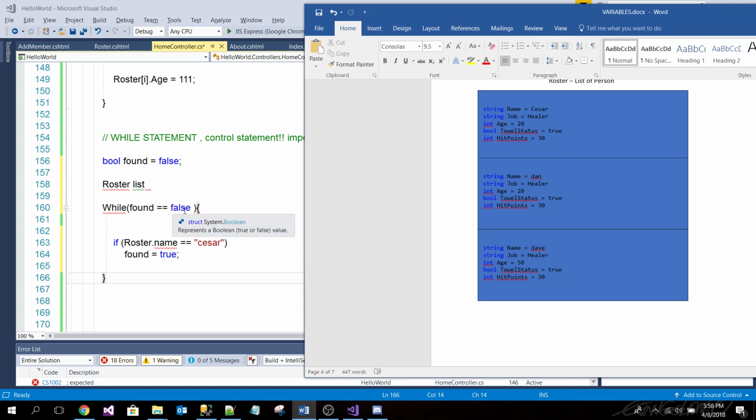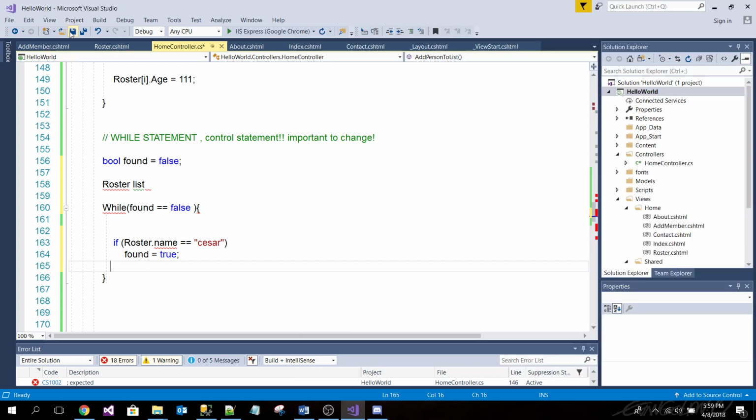I mean, is false equals false? No. So we break, because we found what we were looking for here. So it's a tricksy example, but you get what I'm saying. You get the control and you see how it flows until this is not true.